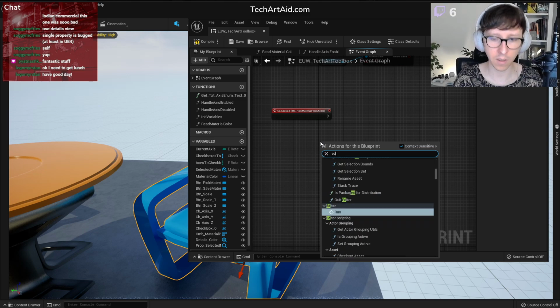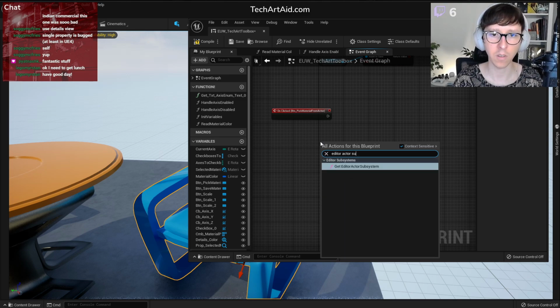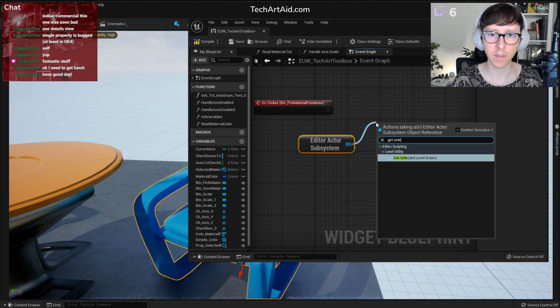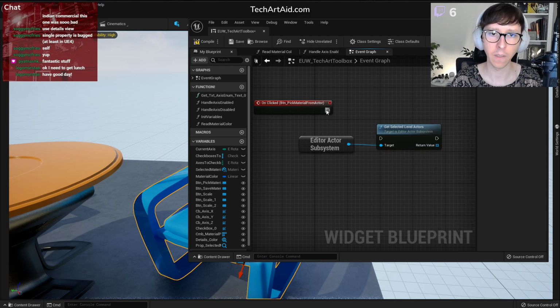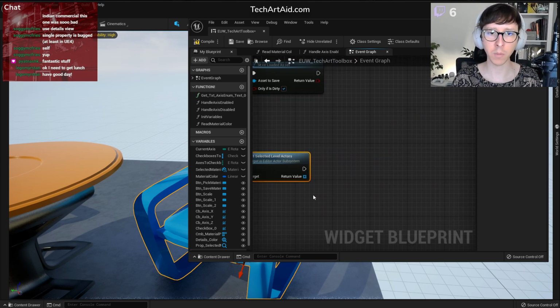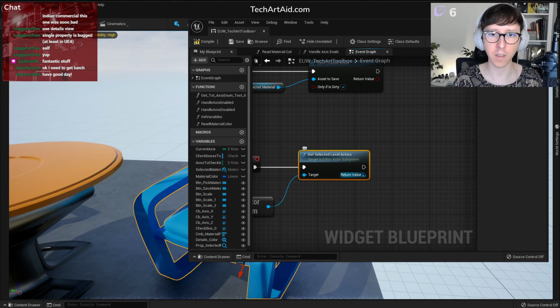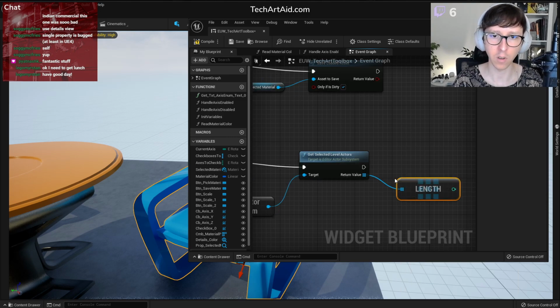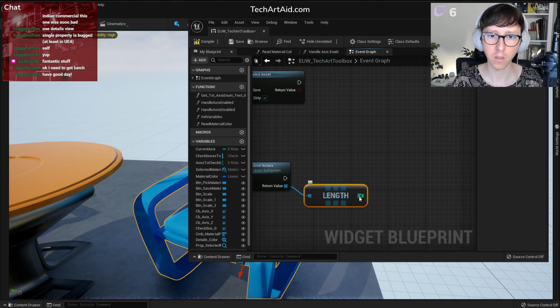Oh my god, editor actor subsystem. Get selected actors. Then we need the first one, but we need to check if any is selected. So if the length of this is bigger than 0,